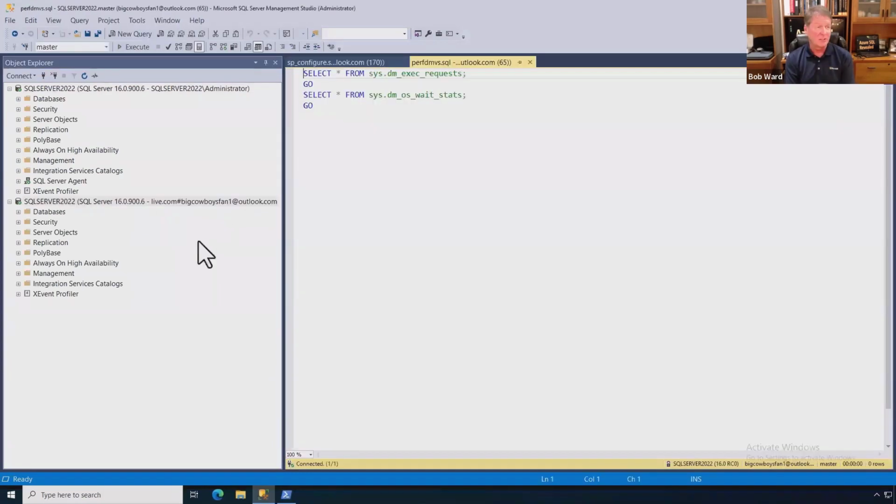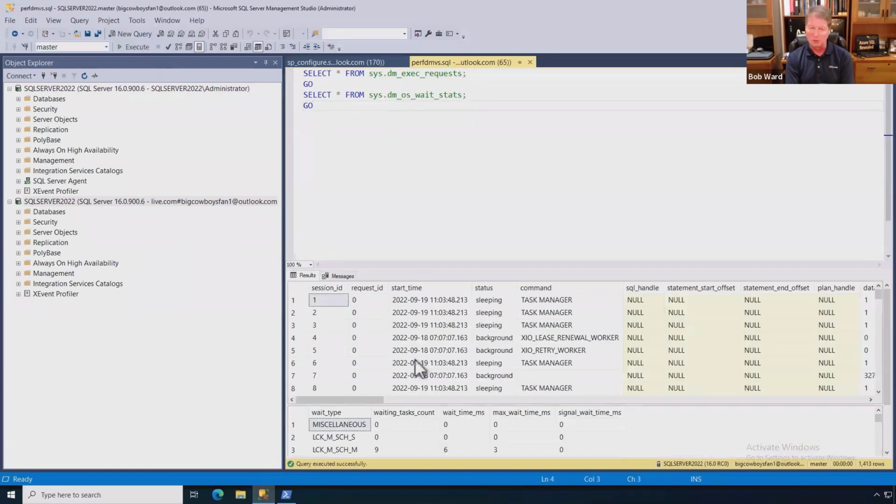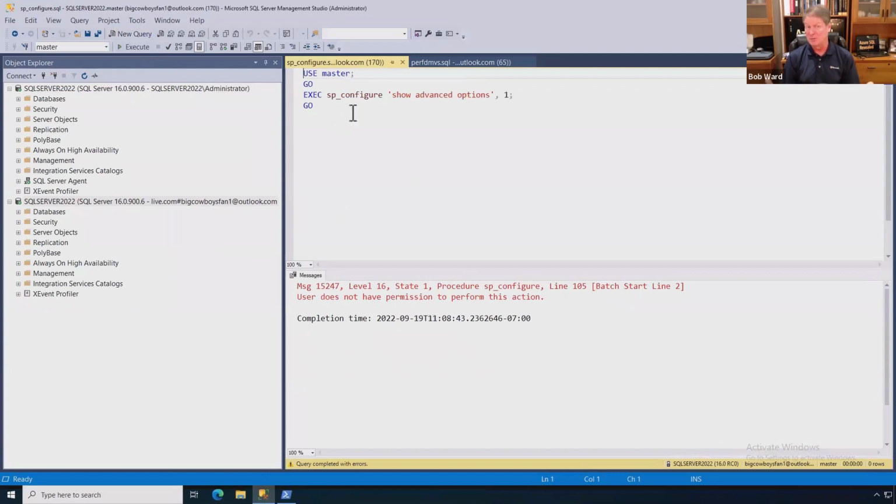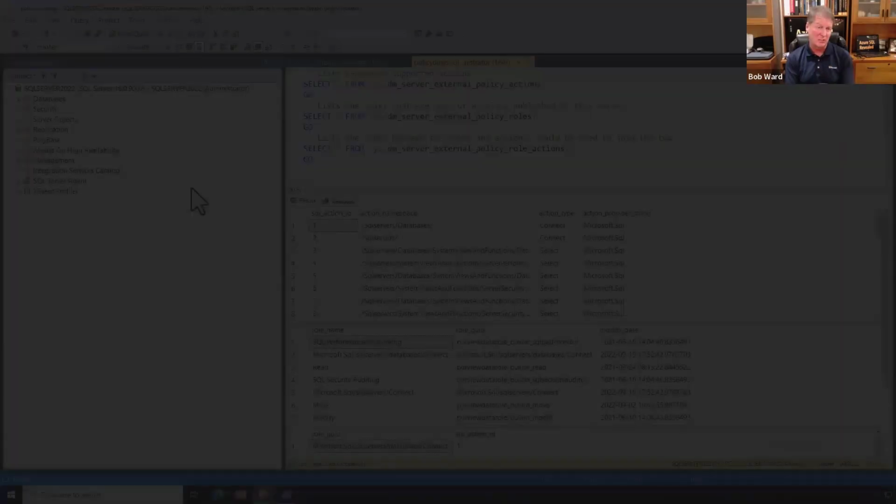Using the same MFA process, I'll connect with the Outlook account, which is, in this case, Ajay, my guest performance monitor admin, and I'll try to do some operations. One of the first things I want to do as a performance monitor is look at some DMVs, to see if I can query some performance data. These are some common ones that you might use. So I'll hit execute. Sure enough, I can do that. But I don't want Ajay touching anything in this system. He's just doing performance monitoring. So you can see here, if I run sp_configure, he doesn't have permission to do that. Now we have DMVs in the system for you as admins to see what's going on behind the scenes.